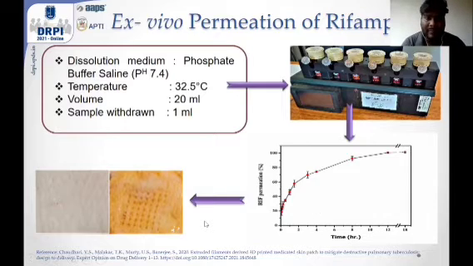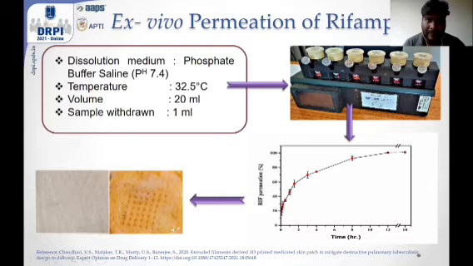For the skin permeation study, I have used the porcine skin. The porcine skin is used because it is similar to the human skin. As the porcine skin shows a fluffy nature and has some diffusion capability through which the drug can easily permeate. And as seen in the figure, there is a visible difference between the porcine skin in which the drug was loaded and where the drug was not loaded.